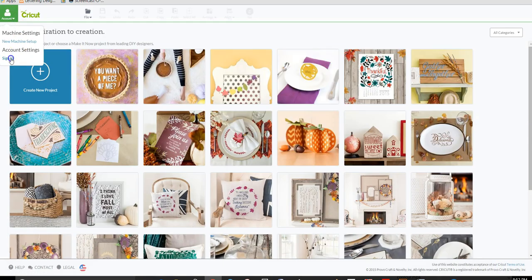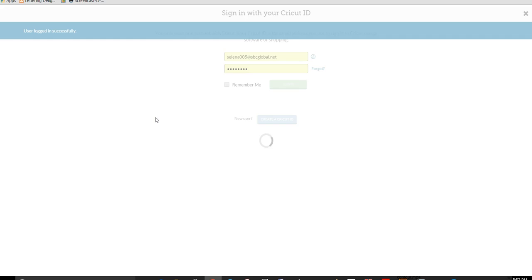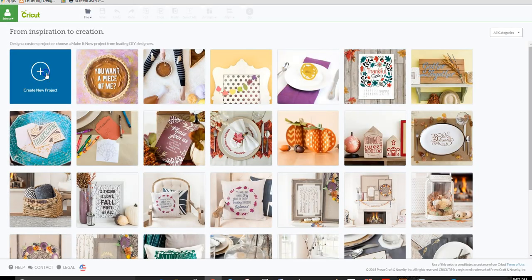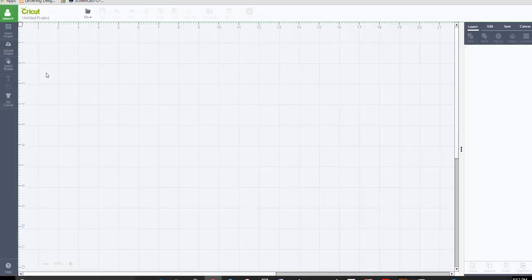Okay, so let me sign in here. Alright, so the first example I'm going to show you is how to access a font in Design Space only, without using the character map and without using Adobe Illustrator or Inkscape. So let's type in